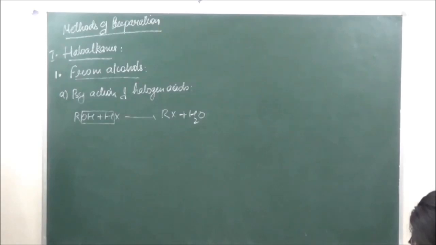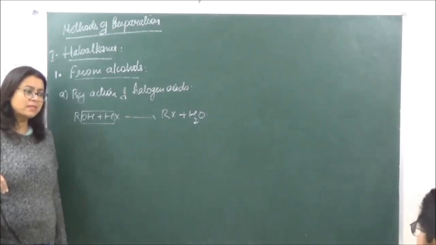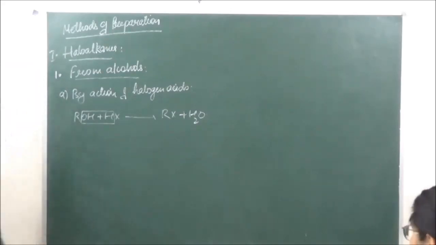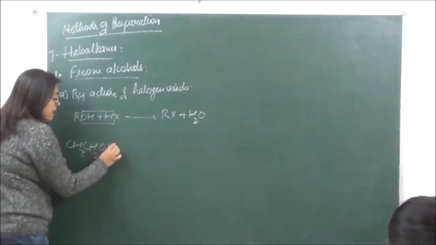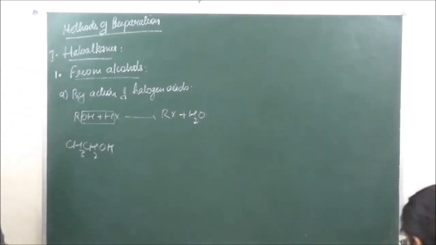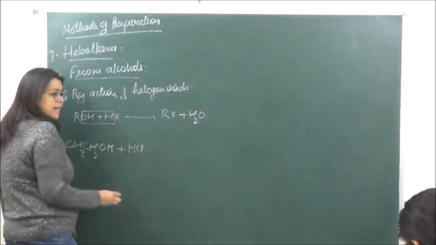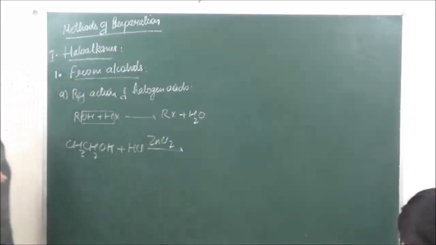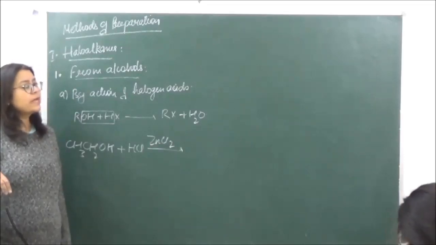Right? Now over here we see that we have three different kinds of alcohols which may be present. It may be 1 degree, 2 degree and 3 degree. Right? So we are going to do for all of them separately. We are going to take the primary alcohols first. When we are taking the primary alcohols of the kind CH3CH2OH and we are reacting it with HCl in presence of ZnCl2. Now HCl in presence of ZnCl2, this is known as the Lucas reagent.